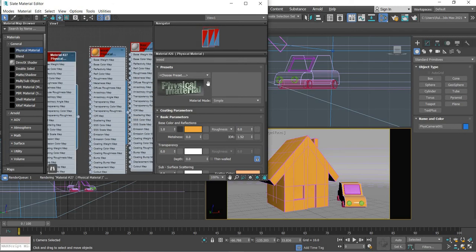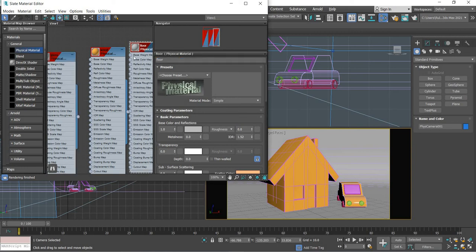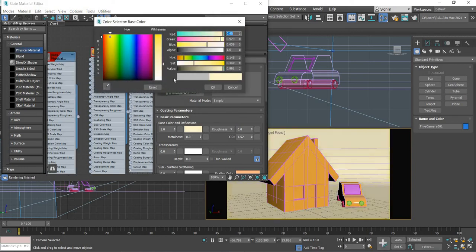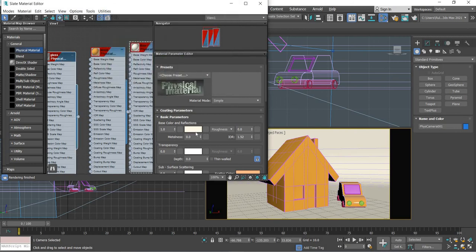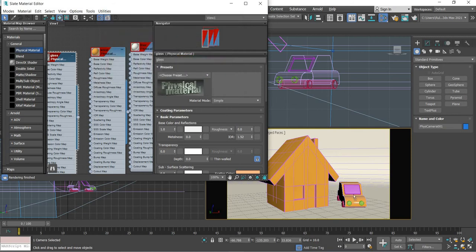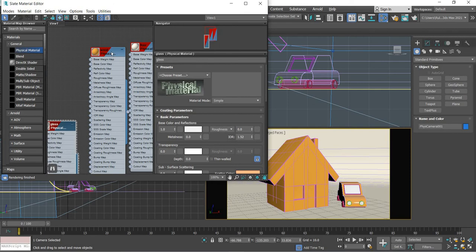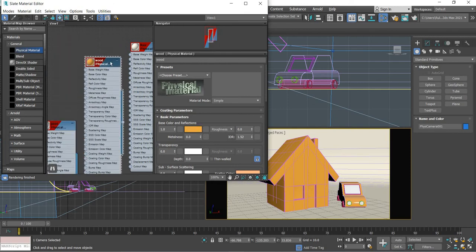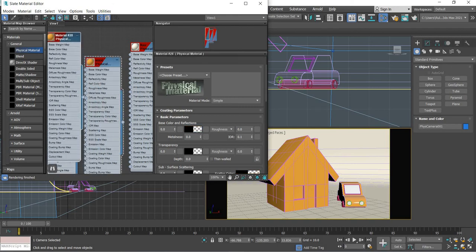Okay, I'll create another material, name it glass, and this is slightly yellowish, and this is slightly whitish. So this goes to this one, and this one. Then we need this one to be